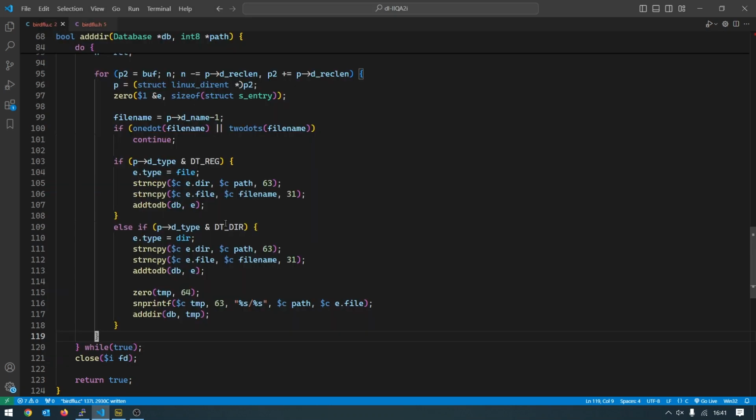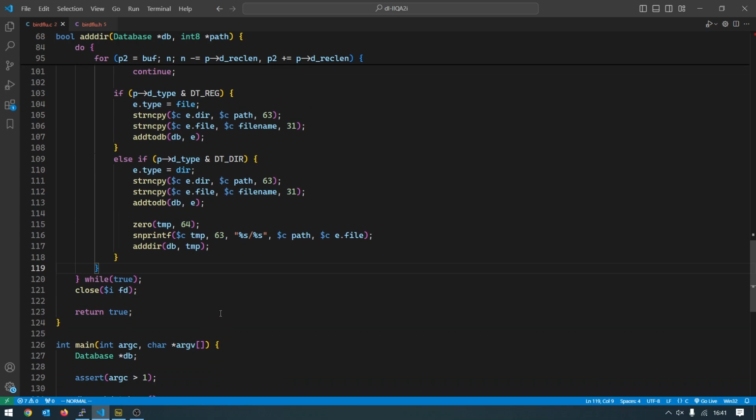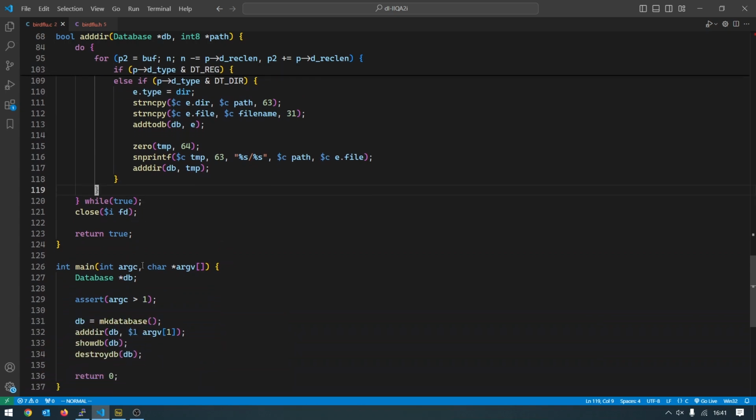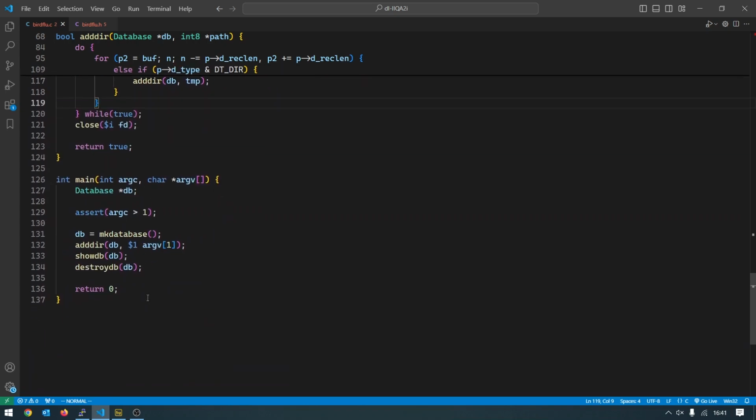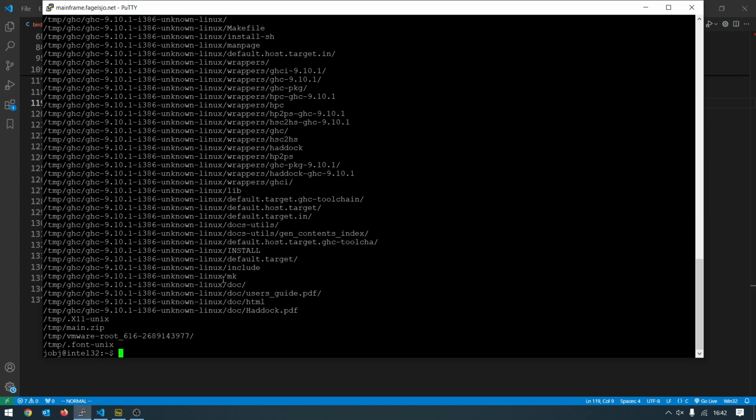Alright, so now we can traverse the entire file system and we can add stuff to our database. Pretty nifty. So when we have an entire file system inside of our database, what's our next step? Are we interested in all these files? No, we certainly are not. What we are interested in are